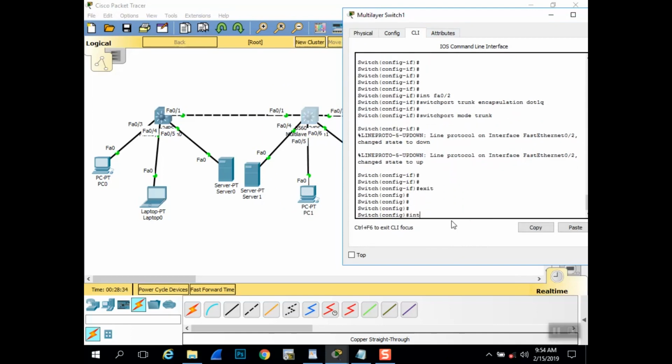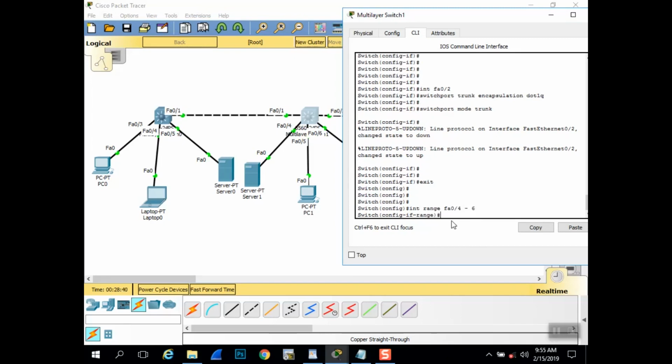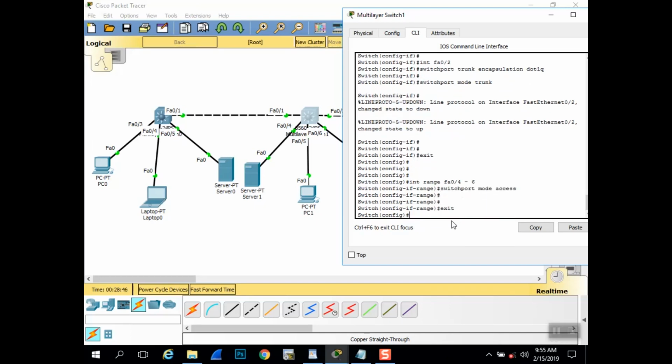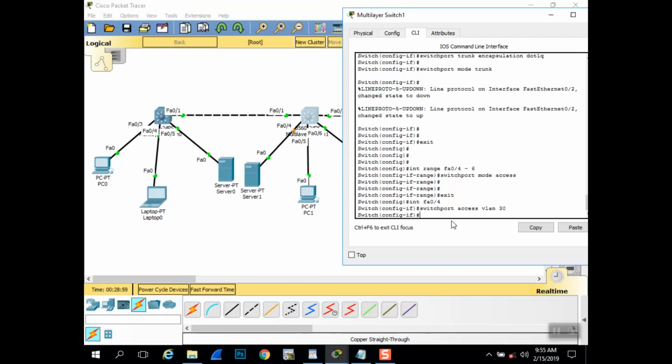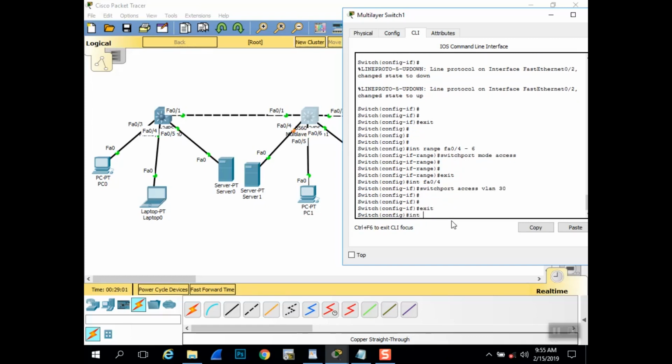and interface range Fa0/4 up to 6 and switchport mode access. Now after that, let's manually assign each interface into its corresponding VLAN. Fa0/4, then switchport access. So the server is on VLAN 30, and exit, then interface